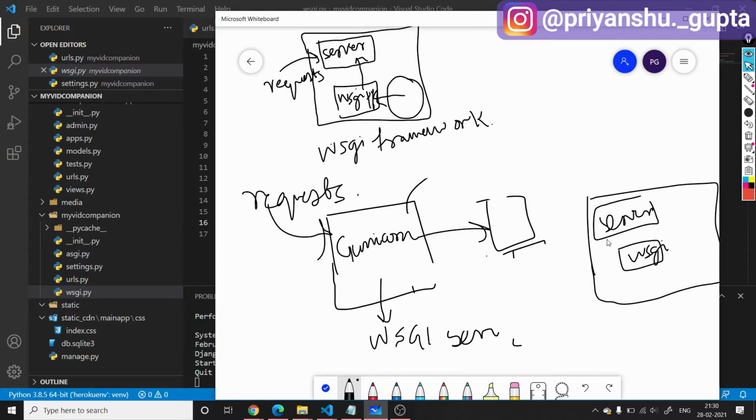But now, since we are not using the server file here, we are using this gunicorn, then this wsgi.py file is invoked here. Instead of the server, we are not running the server, we are using this gunicorn server, and inside that, this wsgi.py file application is invoked. And this is how it is able to contact the code that we have written in our Django application.